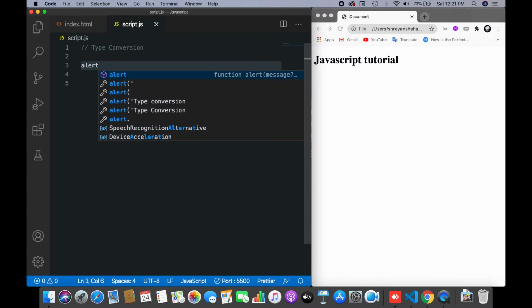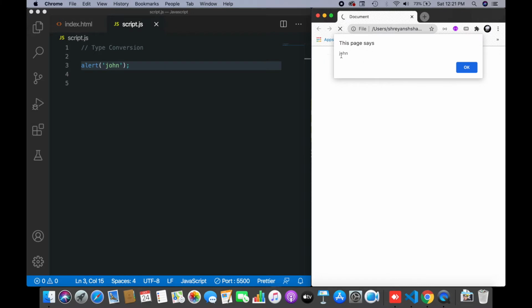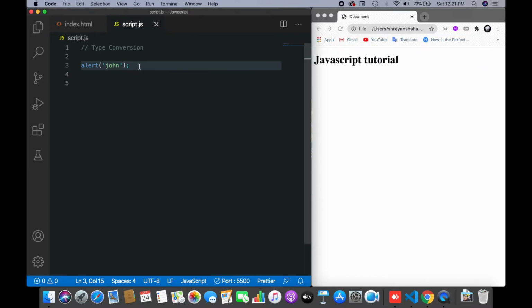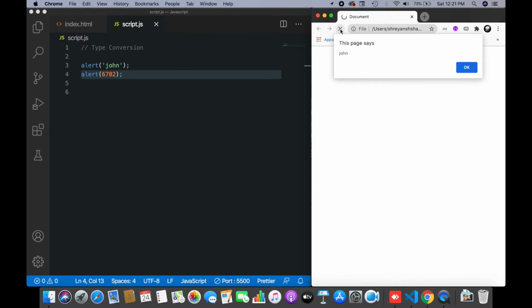The first thing you should understand is that we have used this alert function many times from the beginning of this tutorial. If I pass John, which is a string, inside this, saying alert John, and I click the refresh button, you can see it says John with this modal window. And when I write alert and then some random number, let's say 6782, save this and click refresh, now you can see that it is saying 6782. And if I press okay,